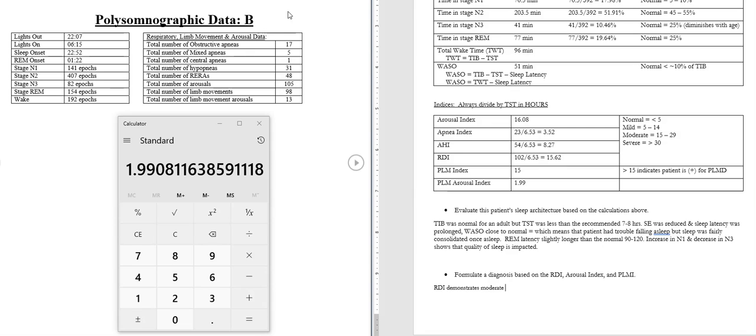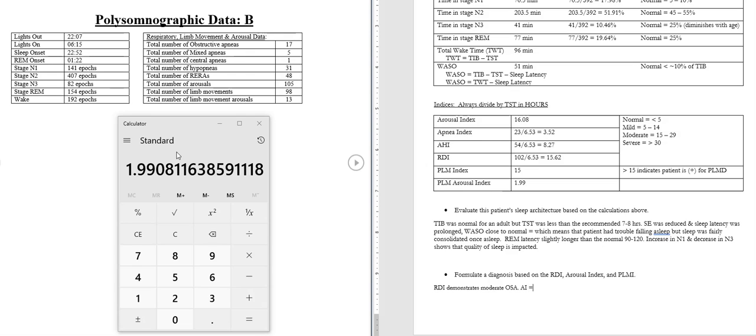And I'm going to say it's obstructive sleep apnea because mainly the number of respiratory events they had came from obstructive apneas, hypopneas, RERAs, and those are all encompassed under the umbrella of obstructive sleep disordered breathing. So moderate OSA,